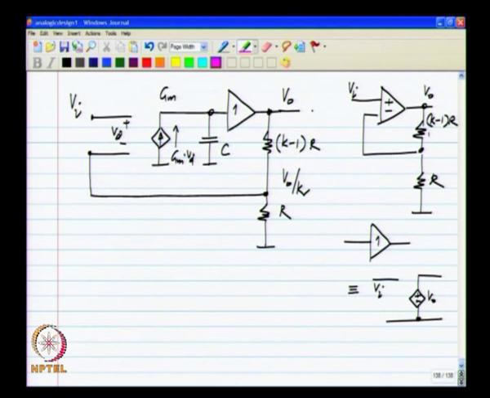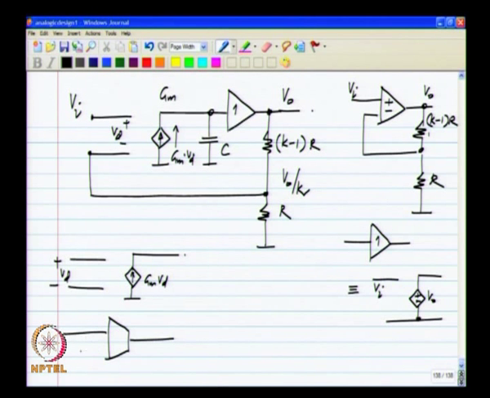So, this is the simplest implementation of the op amp. You need a voltage controlled current source and a capacitor. Okay. So, I will make one more change to this diagram, which is more of a notation change. So, in IC design, it is common to denote a voltage controlled current source of this sort with this particular symbol, which looks like the symbol of the op amp with its nose chopped off.